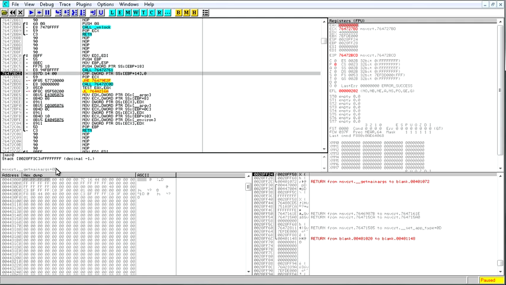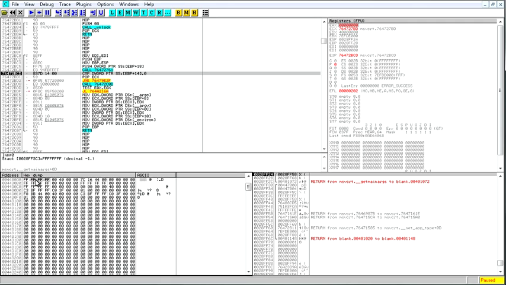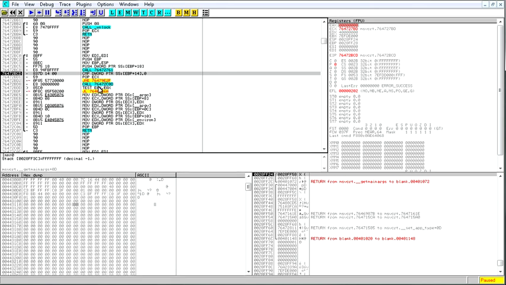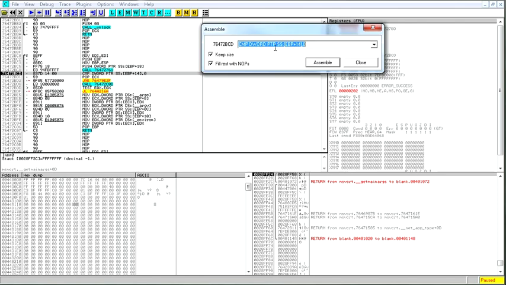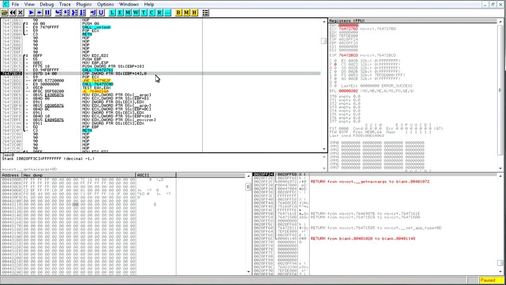A DWORD is this much right here, 4 bytes, then a byte and a word. A word is 8. So it's saying compare the first 4 bytes from the address EBP+14 to 0.